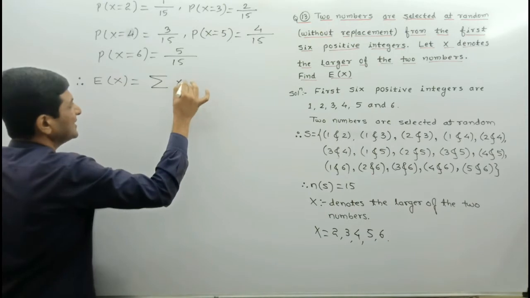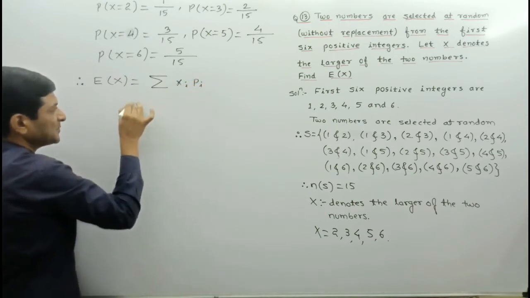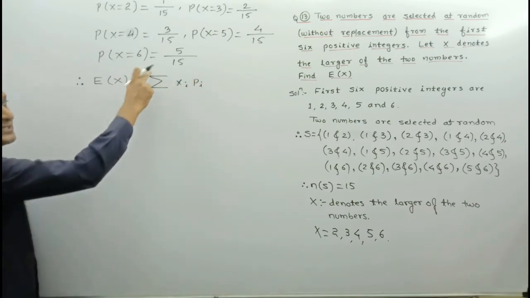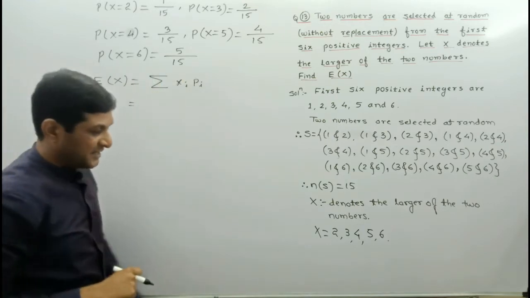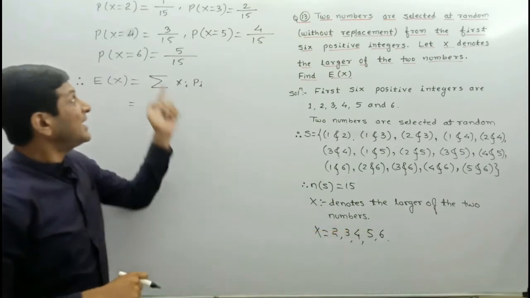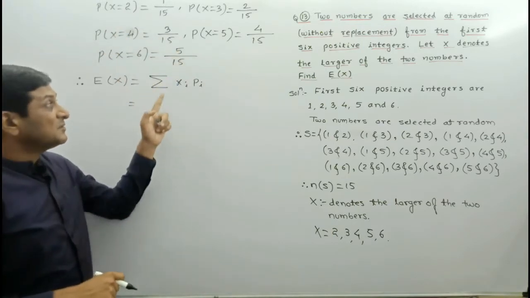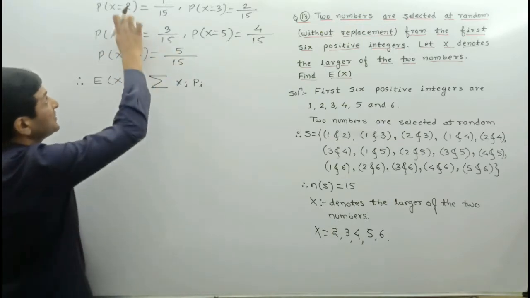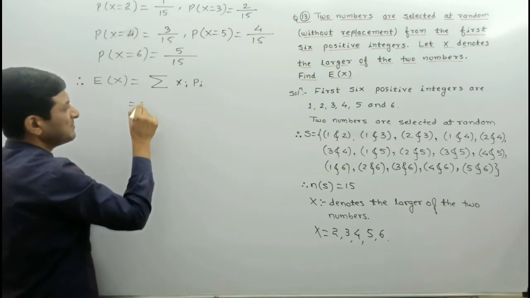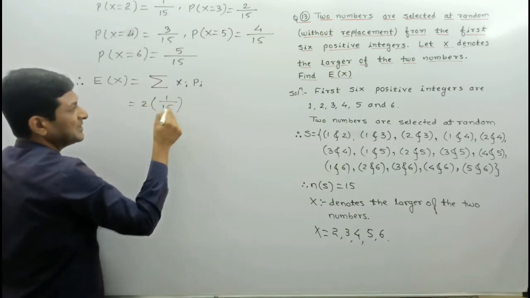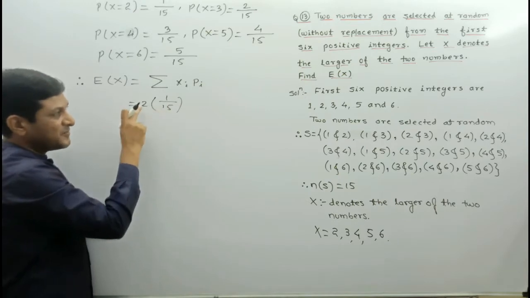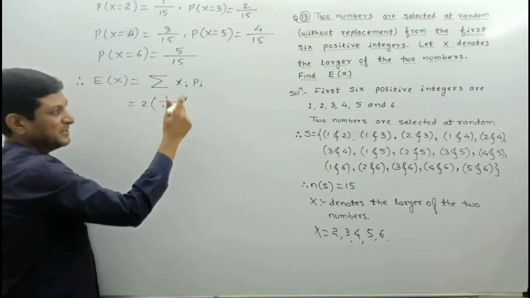Summation xi into what? pi. Means we have to take the sum of what? Product of value of random variable with its probability. These are the values of random variable and these are their probabilities. So in the first case, what is the value of X? 2 and its probability is 1/15. So 2 into 1/15 means we have taken the product of value of random variable with its probability,